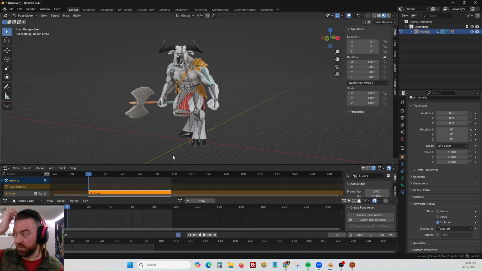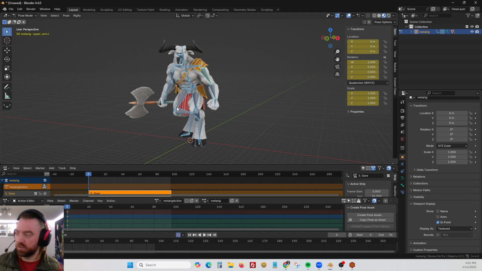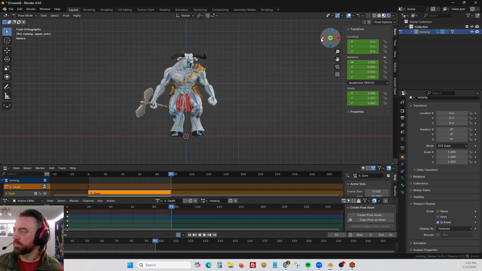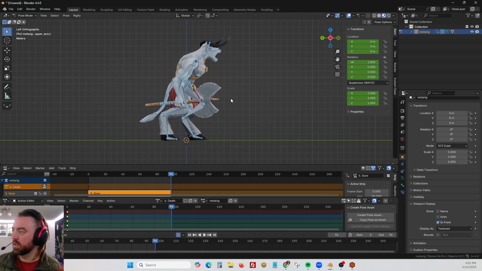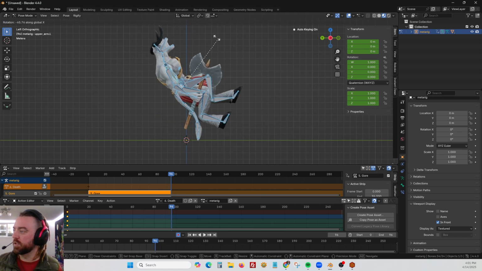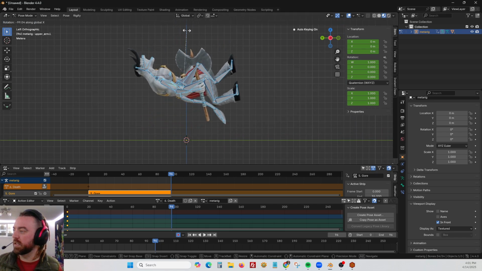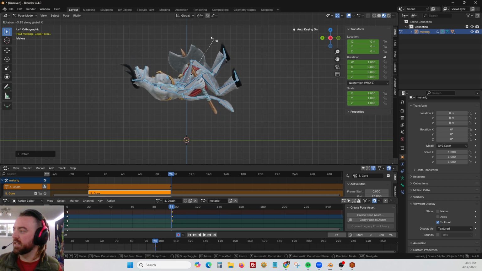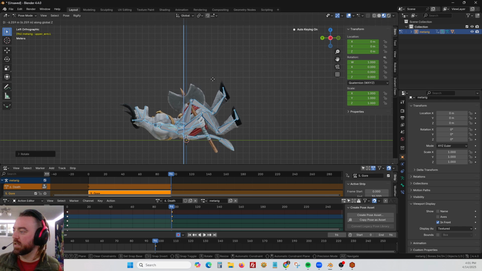So I'd like to do this all in one. So I will just do one. This time we're not going to Shift D. This is our 6th death animation. So the death will end in a death position. So we're going to take him and just rotate him in place as flat as I can. Drop him down